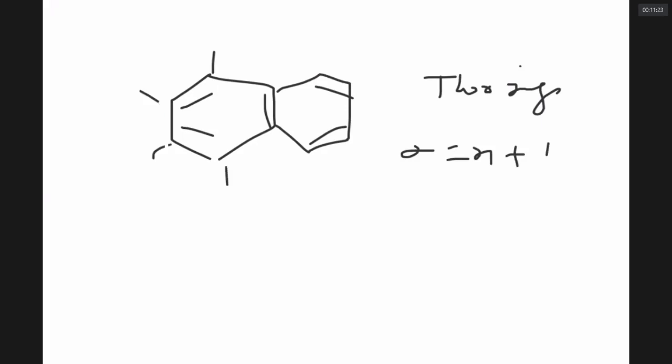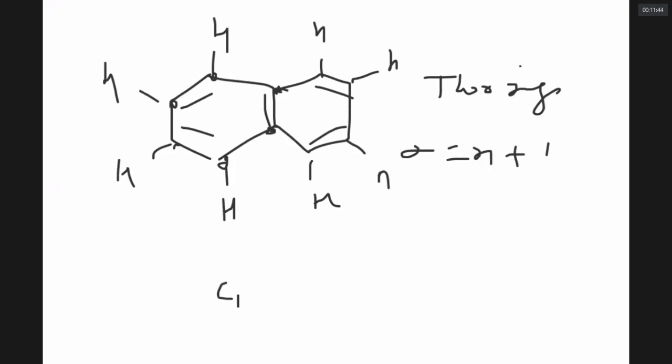Obviously, you can think that these carbons have 1 hydrogen each. This carbon which is making 4 bonds has no hydrogens. So what is the formula of this molecule called naphthalene, which is used as a moth repellent, which is kept in toilets, in metro stations and all? Its formula is C10H8.